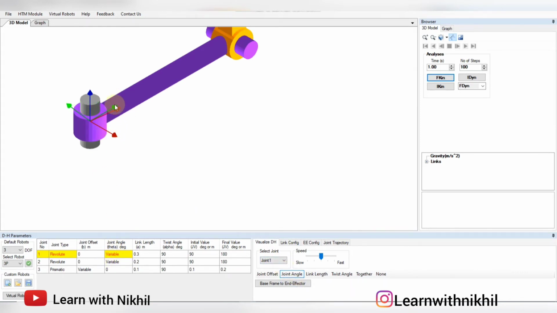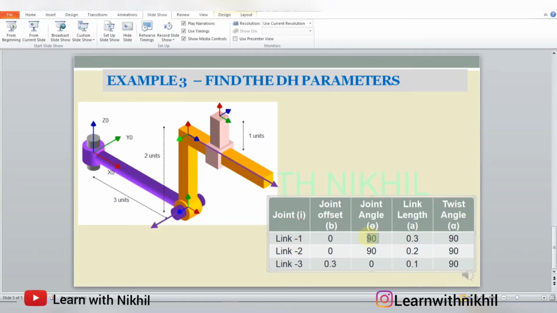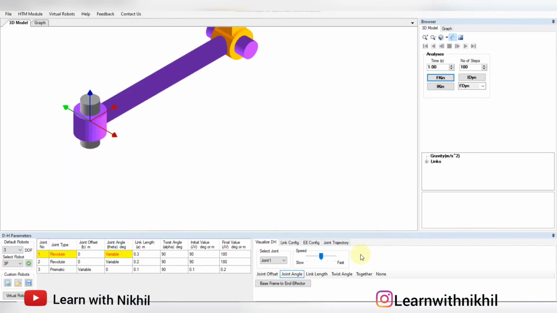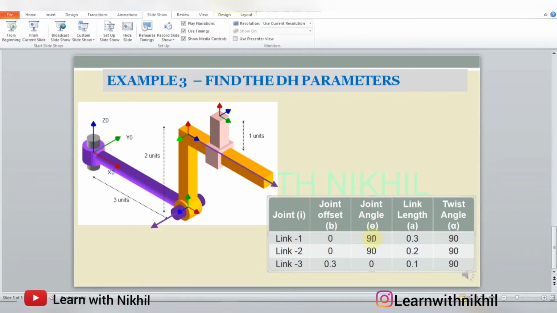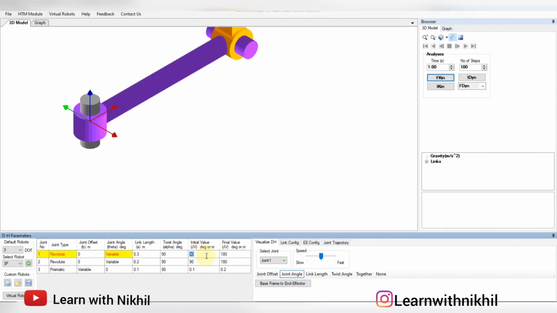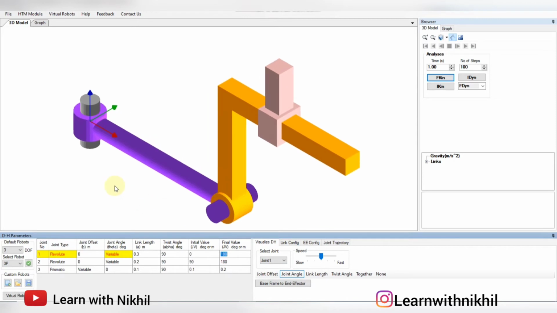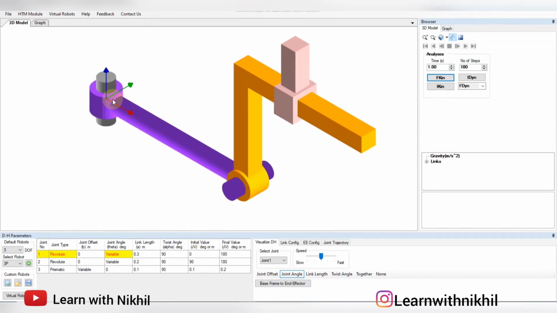So it has been rotated at an angle of 90 degrees, and it has rotated about the z-axis. So here it would be 90. Now the initial value here is 0, the final value is 180 degrees. So the x-axis is aligned at an angle of 90 degrees.